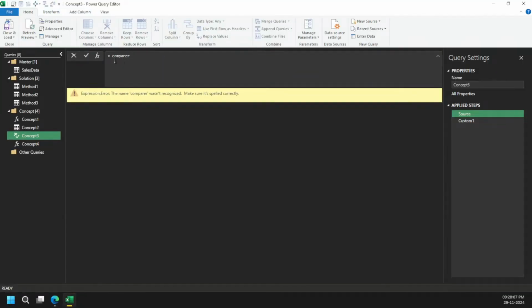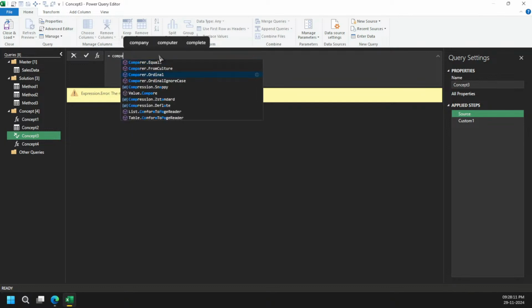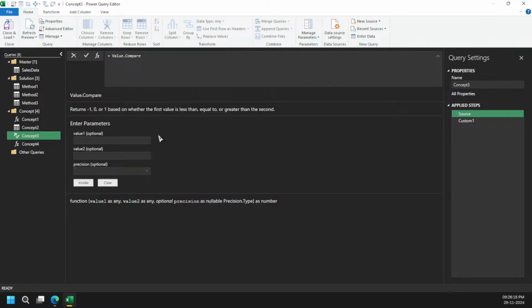So you can see here, if I just write only compare, you can see value dot compare comes here, right? And if I type value dot compare, you can see now it again does the same thing. -1 if the value is less than, 1 for value greater than, and 0 when the values are equal. Got it?